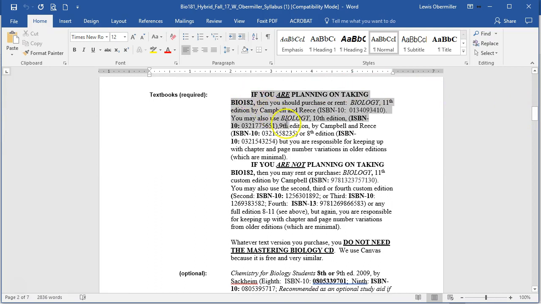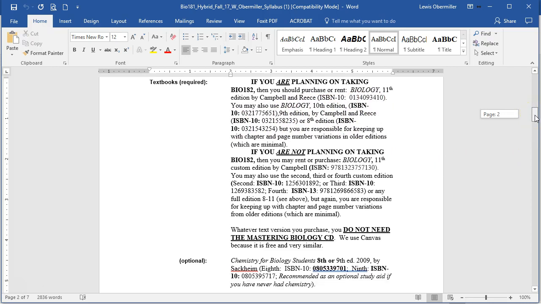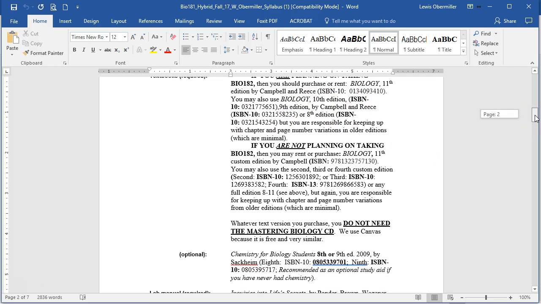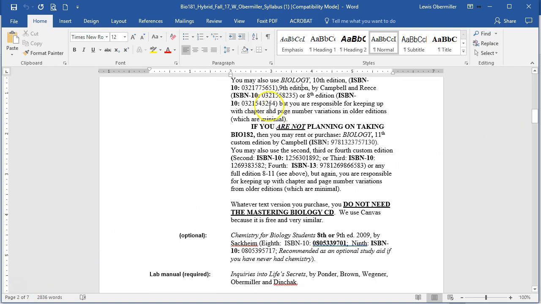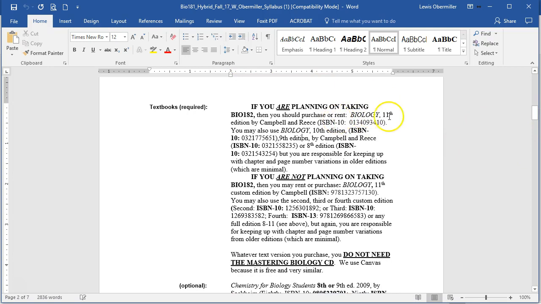Here are the textbooks. You can look up the ISBN numbers on Amazon if you want. So these are the various textbooks. The newest edition is the 11th edition of Campbell and Reece. This is the ISBN. You can also use the 10th edition, the 9th, or the 8th edition. They're basically all the same. The publisher just makes them, because if they kept the same edition of the book,